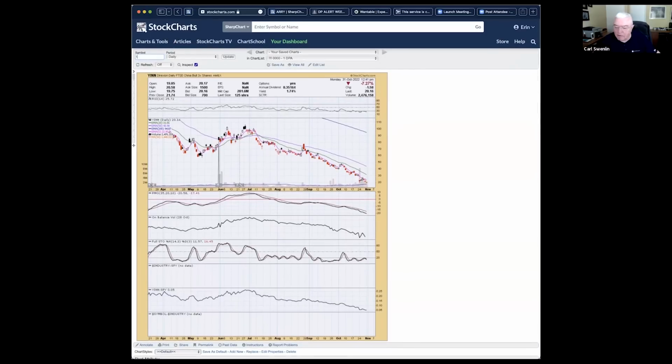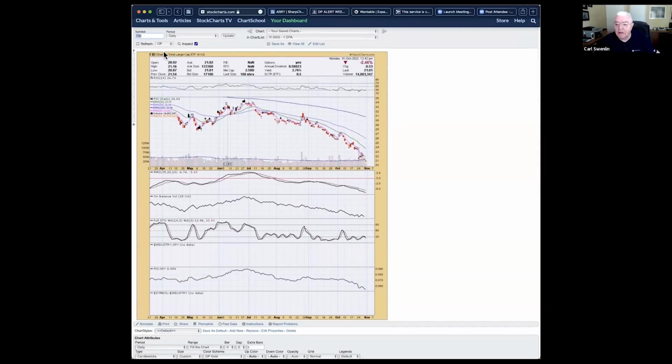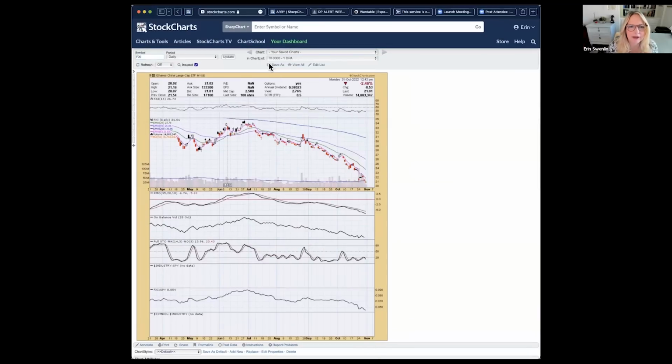It's probably the underlying. But what I would say, whenever you have a question about a symbol, look it up on the internet, do an internet search on YANG, and you'll find pretty much what it is you want to know. Well, and there's another thing that we don't talk about very often, but on StockCharts, you can come up here